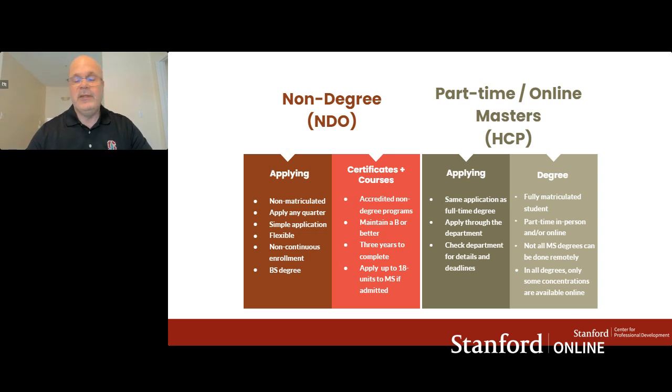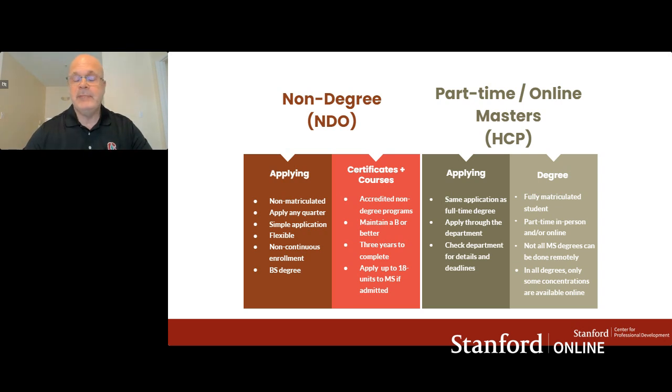It's through our My Stanford Connection portal that is created by SCPD specifically, and it is not the same application as a master's degree. It is quite simple, quite easy, doesn't take too long to complete. That application will require you to complete segments, for example, a statement of purpose, provide transcripts, and all the documentation that we will need to see if you meet the standard academically for the courses or program that you're applying for. It's flexible. You do not need to enroll every quarter.